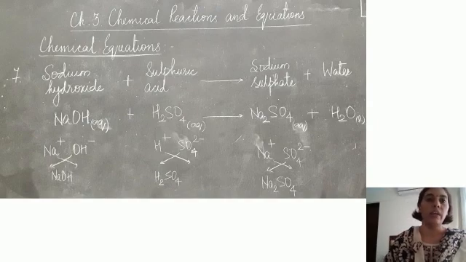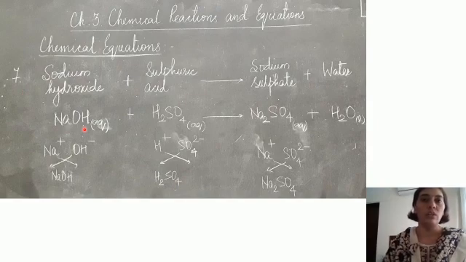So here we have a base, sodium hydroxide, and an acid, sulfuric acid. The products are salt and water. The salt here is sodium sulfate, and water. So let's make an equation out of it. Sodium hydroxide, that is NaOH. Every time we need not make formulas by crossing the valencies. Some formulas you have to remember. These are some very common formulas, so you need to remember them.